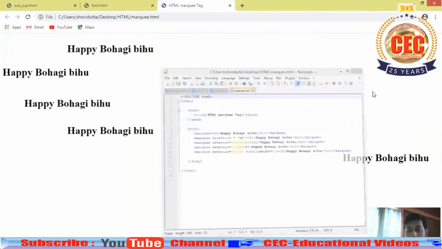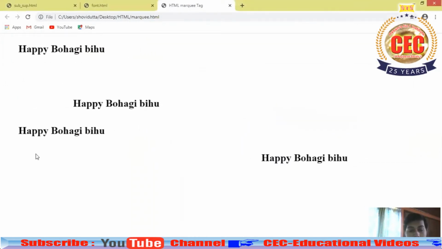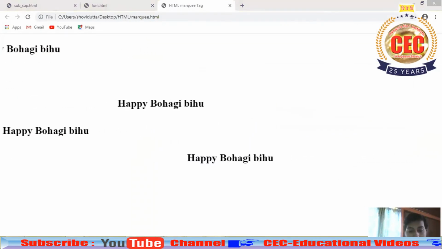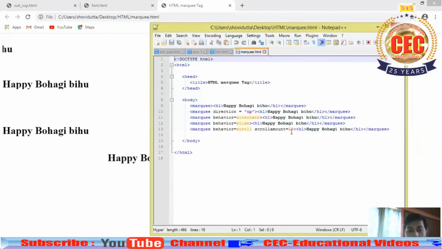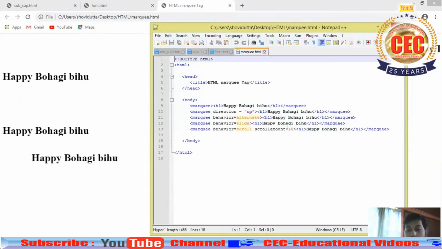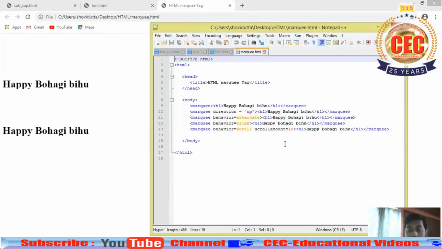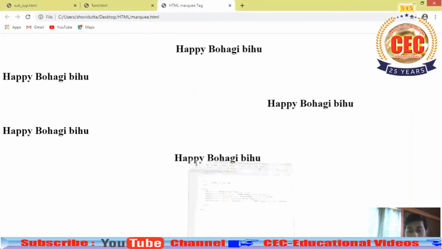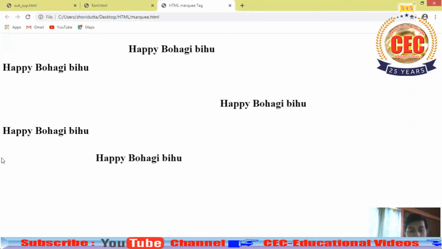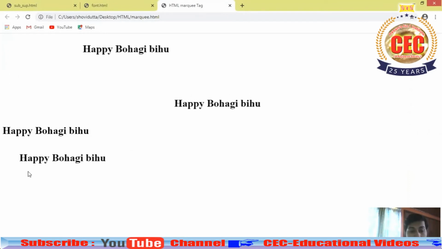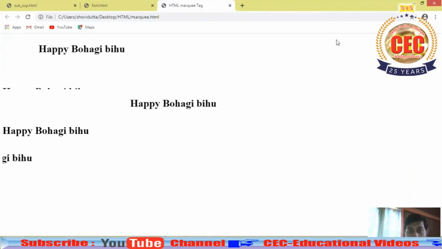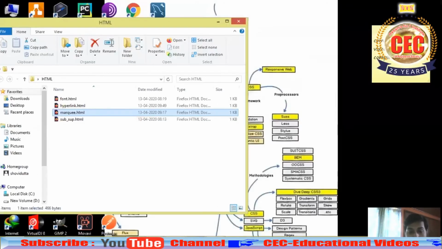Behavior equal to scroll will keep on scrolling, and when you apply scroll amount, the default is 6, and you can go further from 6 to 7, 7 to 8 and more. The speed of the scrolling increases actually. So that is the property of your marquee.